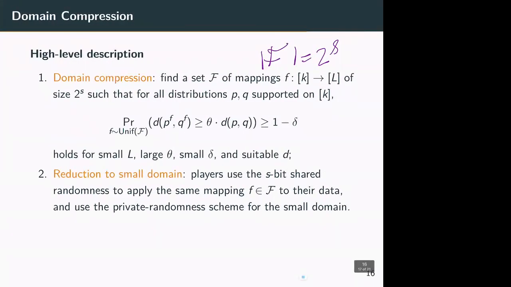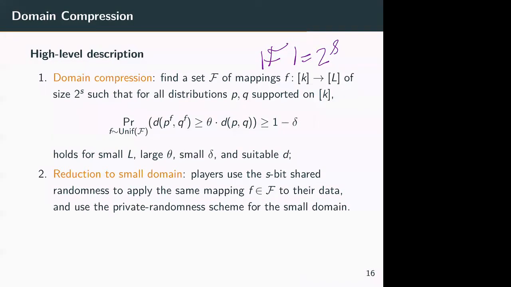So let's look at what the question of domain compression is. This is the high level question, okay? This is the only technical part of the talk, I think. So you have to come up with a set F of size 2 to the S. What is this script F? It's a set of mappings. Basically each element of F is a deterministic mapping from a domain of size K to L. So you want to come up with 2 to the S mappings,